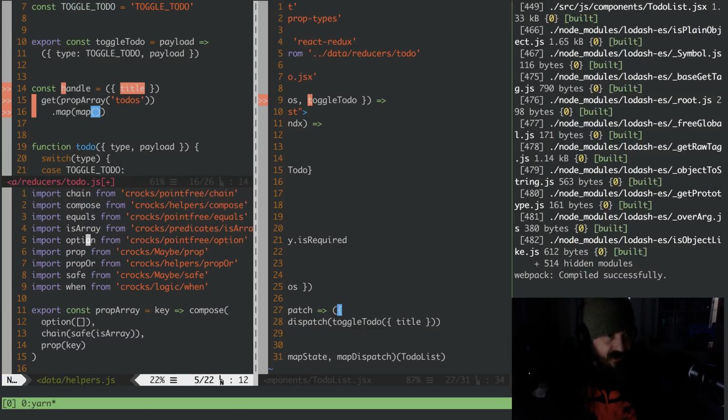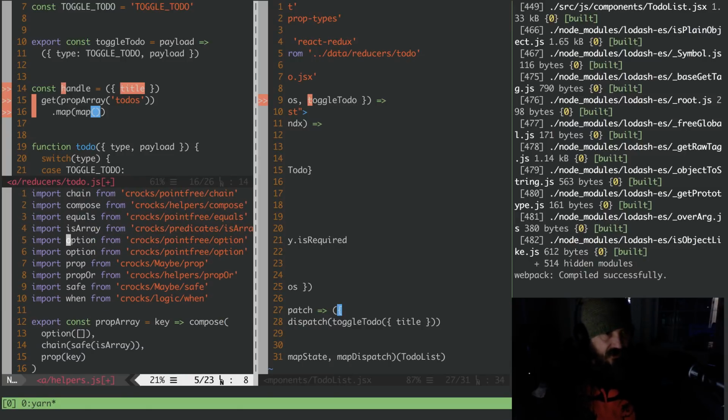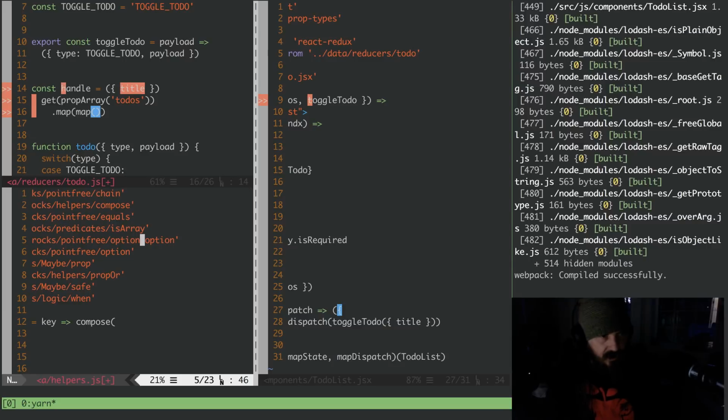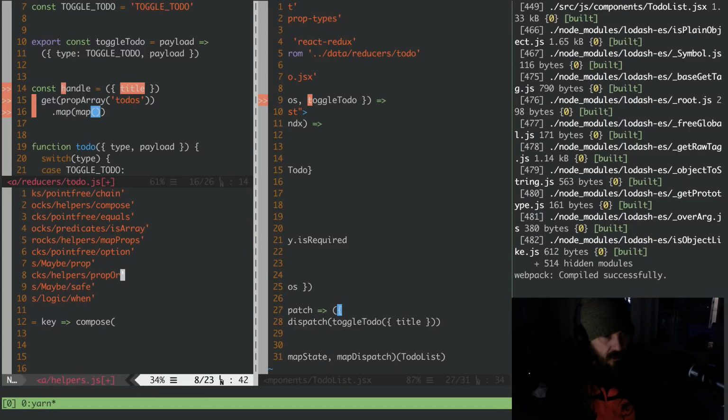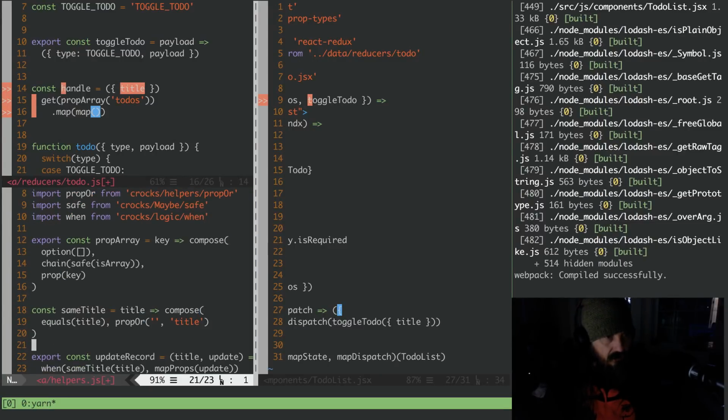Map props, and map props is like evolve, I guess. Map props, evolve from, oops, goodness gracious. So it's just like map props from Ramda. Okay, map props. Okay, so now this will come in, and if it's the same title, all right, so if it's the same title,